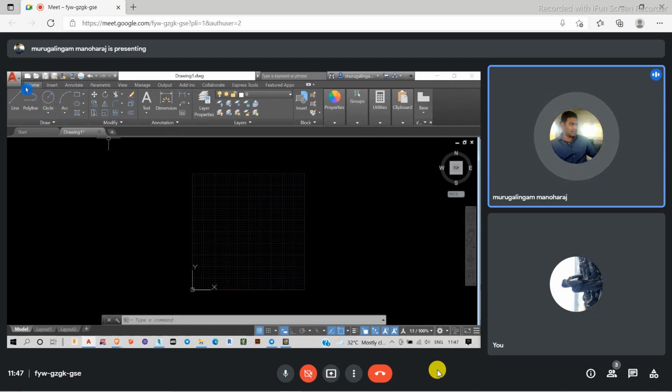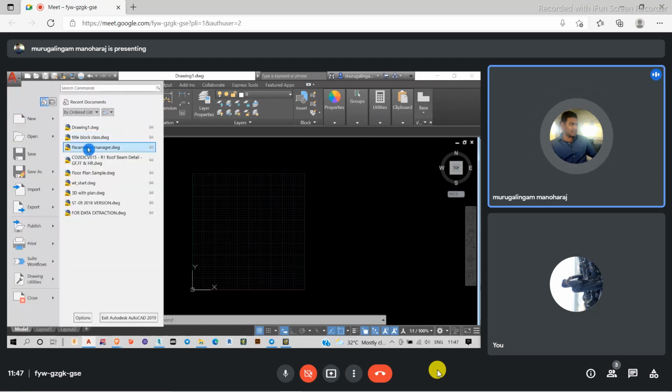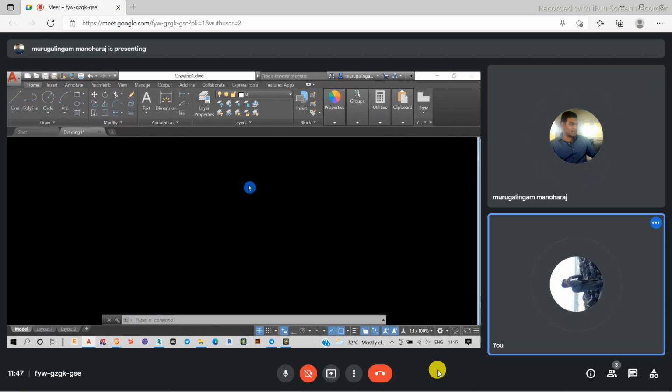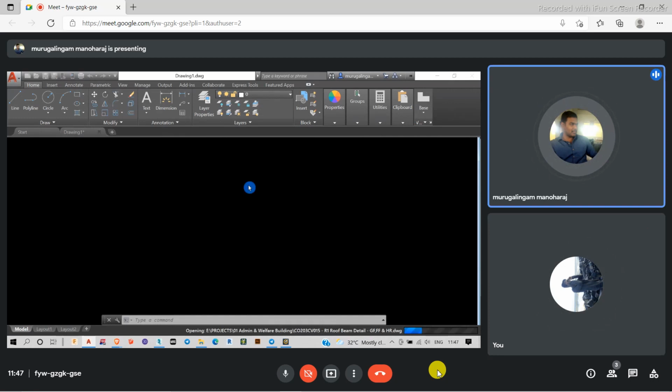So what I'm going to do is open another diagram, a structural diagram, and I want to draw something like this. What are the things I have to do for drawing something like this?